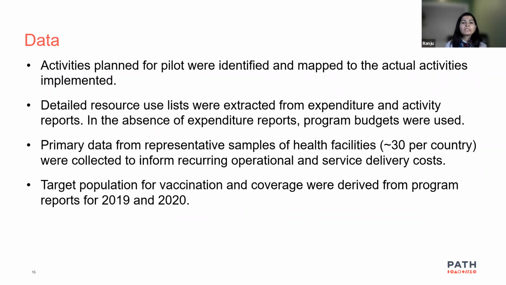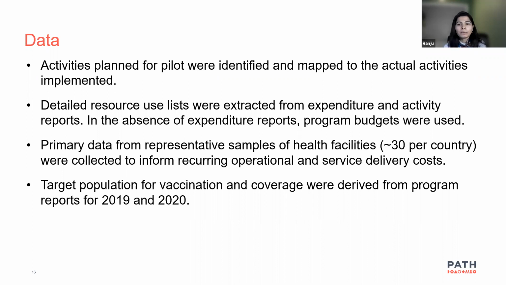For the data, the expenditure data on each of the activities that were implemented in each country during the study period were collected separately from each partner agency who was leading or contributing to that activity. The detailed expenditure and resource use lists were extracted from the expenditure reports and activity reports that were prepared upon the completion of the activity by each representative organization. That was particularly useful in identifying the staff categories who were involved in the resource use and to quantify the resource use. And in some cases, when the actual expenditure reports were not available, we used the disbursement reports to quantify some of those detailed costs,